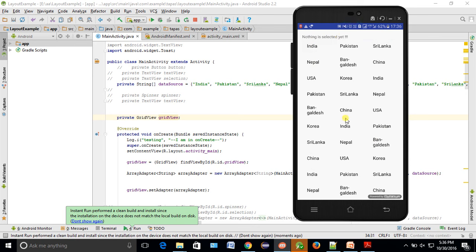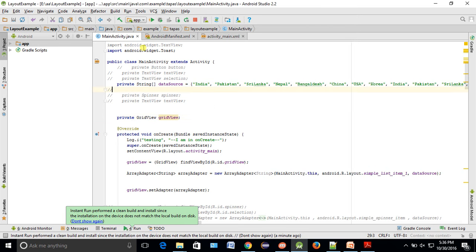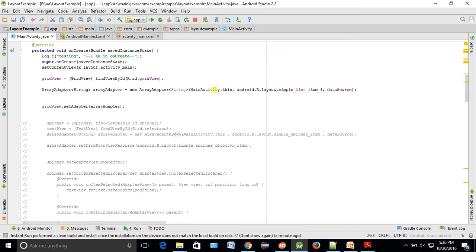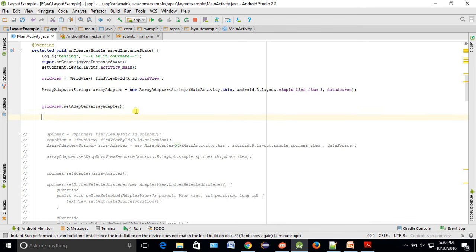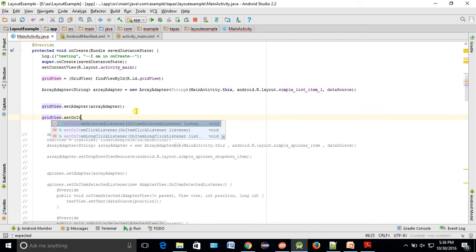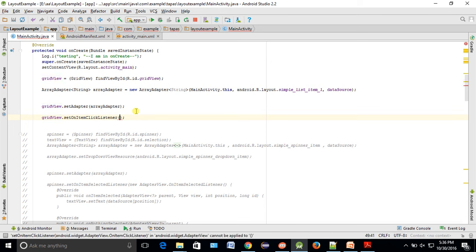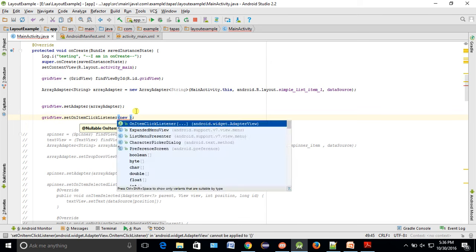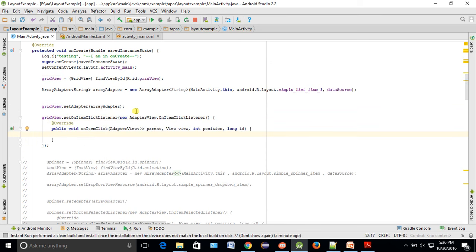Tell me, would it be click or select? This clicking, we are not selecting anything. This image I am not selecting, I am clicking on the view basically. So what is the one we will do? Tell me. Set on click listener. Grid view dot set on item click listener. Set on item click listener, new, control space, you do this on click listener,